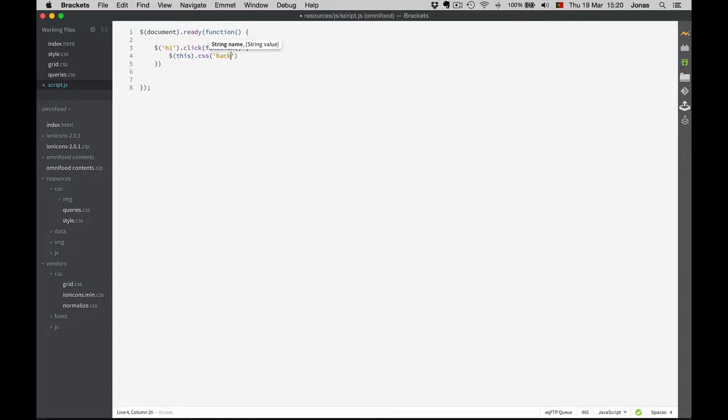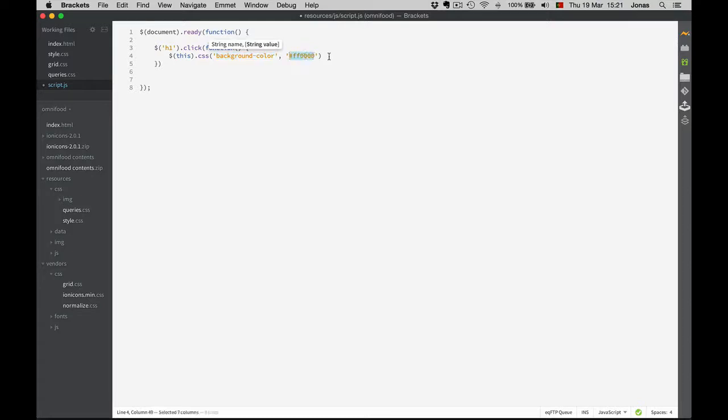So we can write background color, for example, and then as the second value, and brackets actually helps us here by saying we want a string here. So we now say the color, and we want it to be red, and this is the RGB code for red, if you remember. So a string is like a couple of characters grouped together, such as this background color